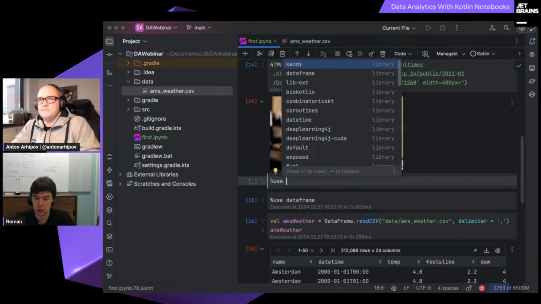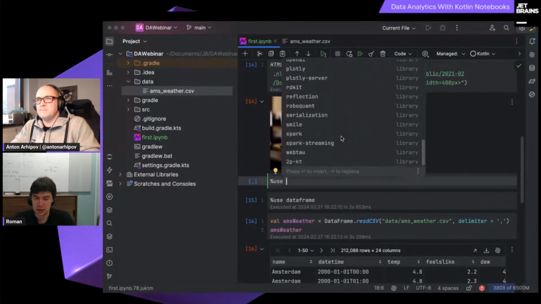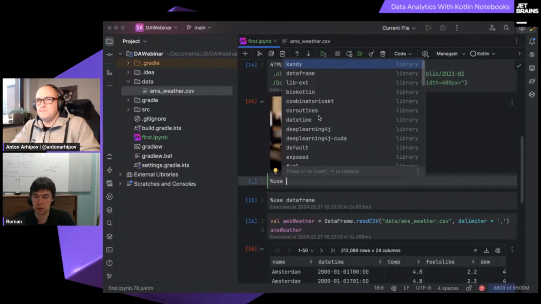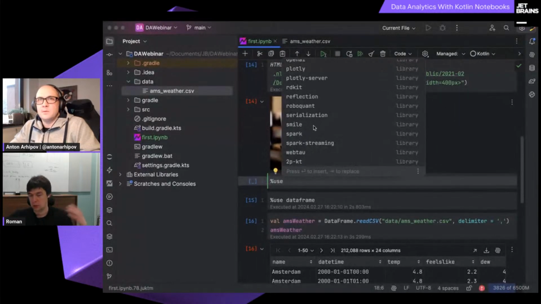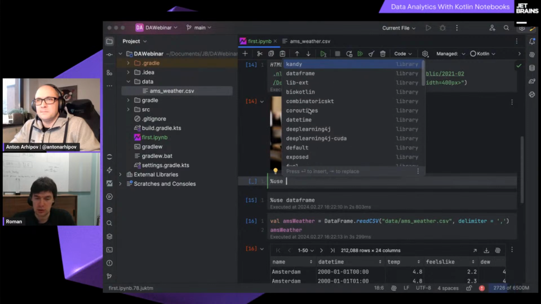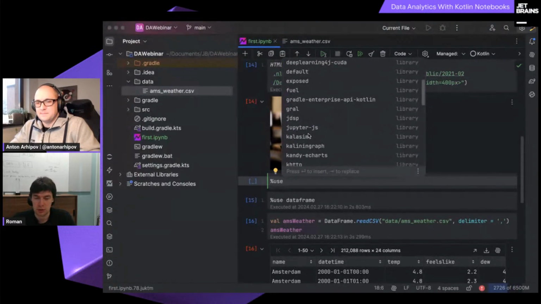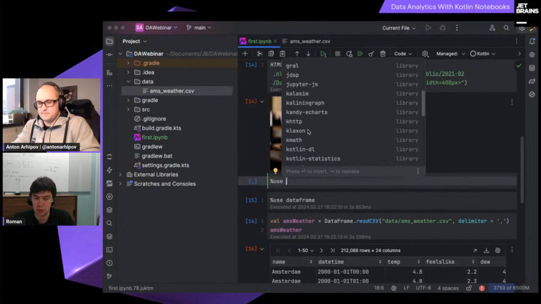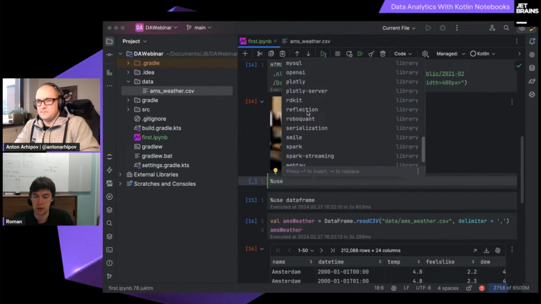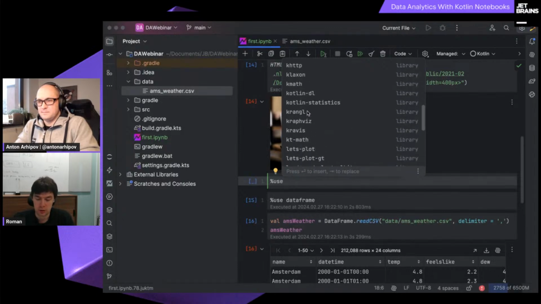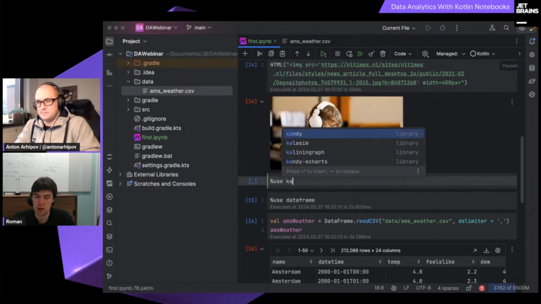magic, as it's called in notebooks. Then you can select one of the most commonly used libraries in notebooks, and this list is growing and growing. Here you can select, for example, Dataframe, Exposed, KHTTP, KMath, a wonderful library, and many others. For example, we can use Kandy here, because we'll need this library for visualizing our